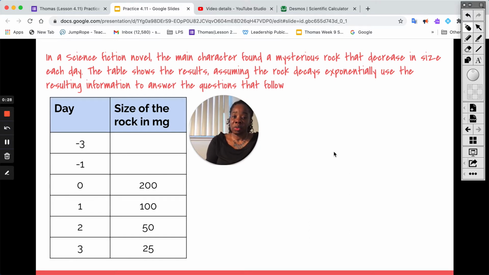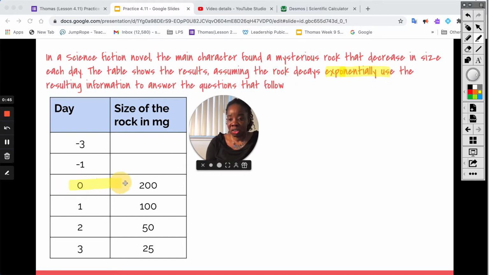So, as usual, we want to start by just really pulling out the important information. What do we know? Well, we know that it's decaying exponentially, so we know we're going to be dealing with an exponential equation. And then the initial value occurs where x is equal to 0, so that's 200. So that's enough information for us to start with the equation